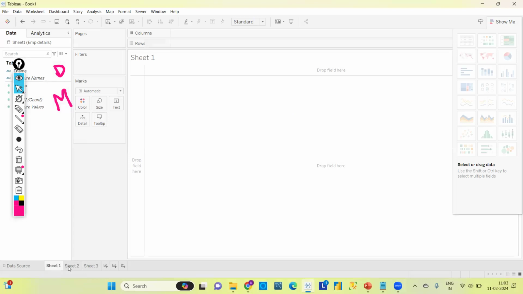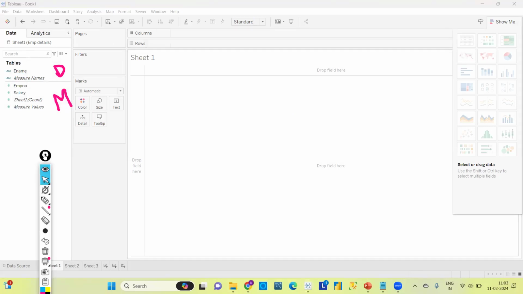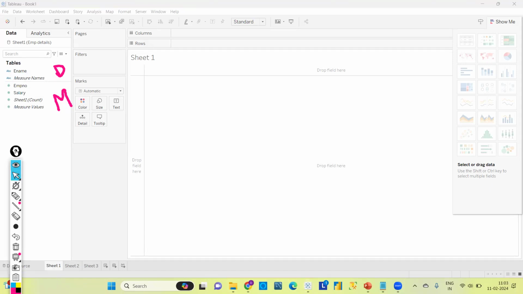If you want to create 3 graphs, you can select 3 sheets and start creating graphs. To create the first graph, I'm clicking on sheet 1. You already saw this, but let me repeat the concept. Let me open the Excel file for you.